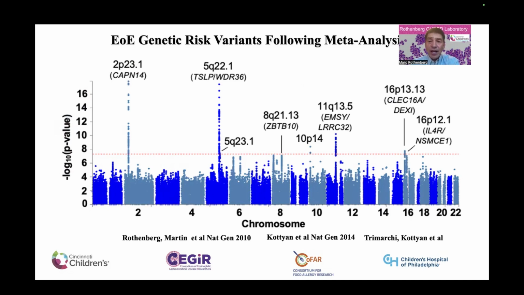Now, in terms of the genetic components, my colleagues and I have deciphered that by conducting what we call a genome-wide association study. And this is data that we call a meta-analysis, which is putting together a lot of studies where genetics have been used. And this looks at a couple of thousand people with EoE and many times more controls without EoE. And we're looking here across the whole human genome, and we're identifying regions that lead to susceptibility for the disease.